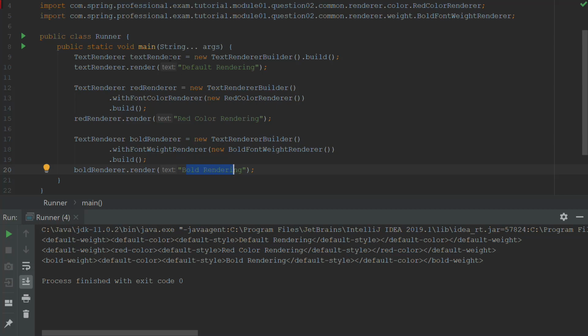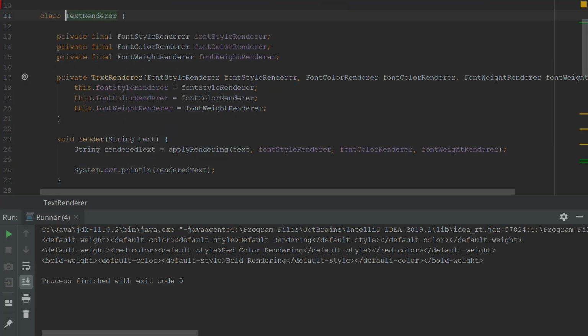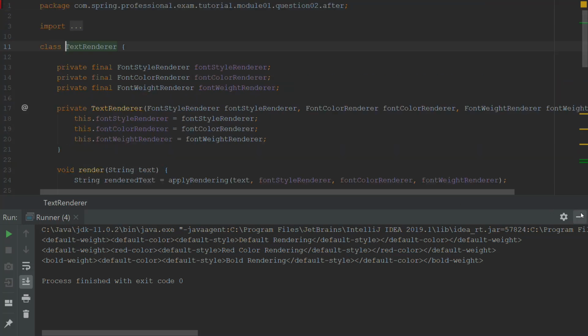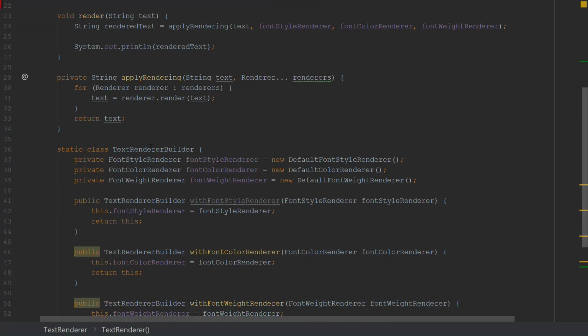The way that is implemented under the hood is with the usage of the builder pattern. Now the builder pattern assumes that we have an object that is being constructed. However, this object has a private constructor. This private constructor cannot be called from the external world, but to create this object, we need to use the